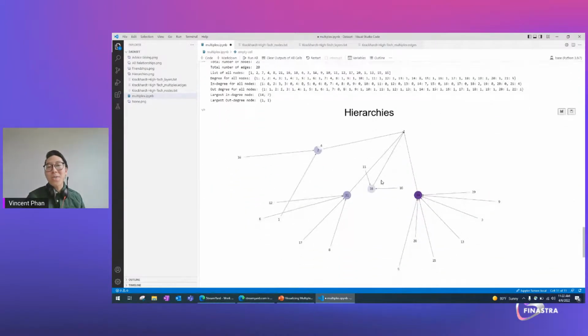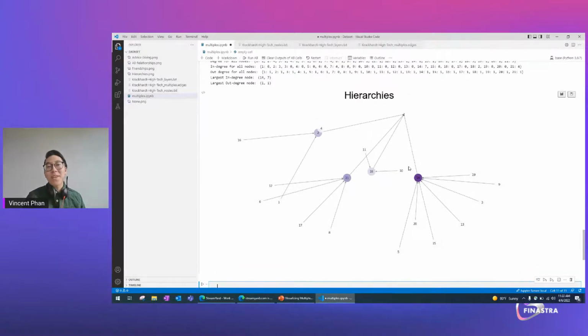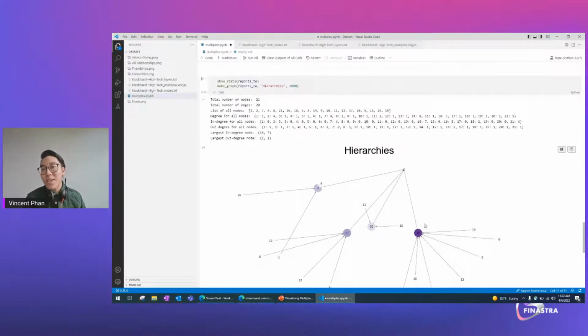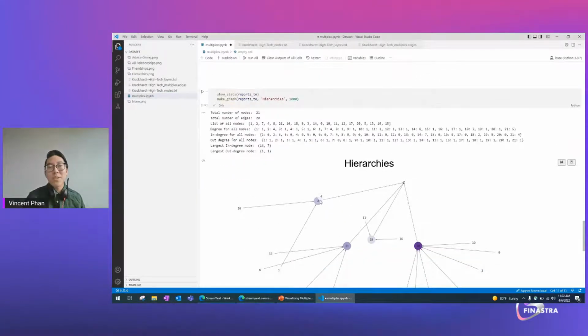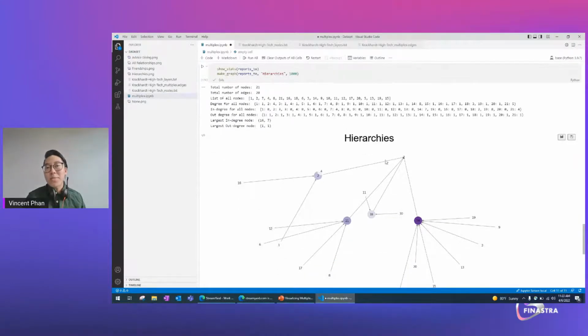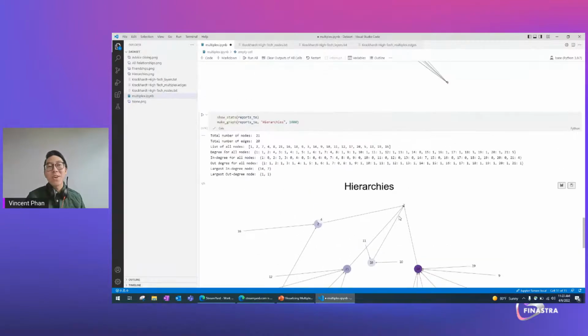This hierarchy shows that there's people who report to 14 a lot. There's people who don't report to anyone. And then there's people who everyone reports to. You can then use these types of graphs to stack them on top of each other and look. 2 over here has 2 direct reports, 1 and 16, but he then reports to 7. So he's not really a big director like 14,